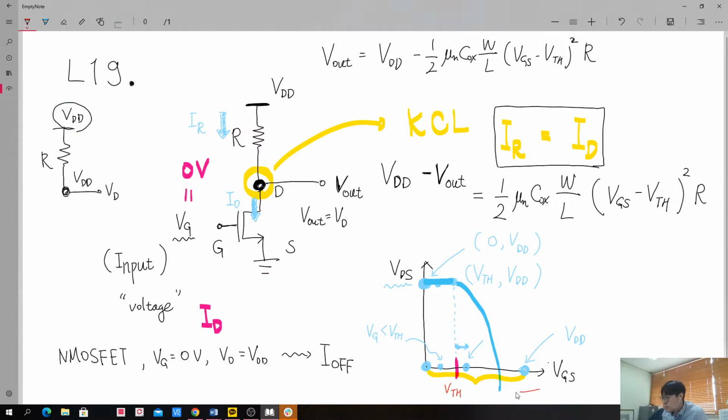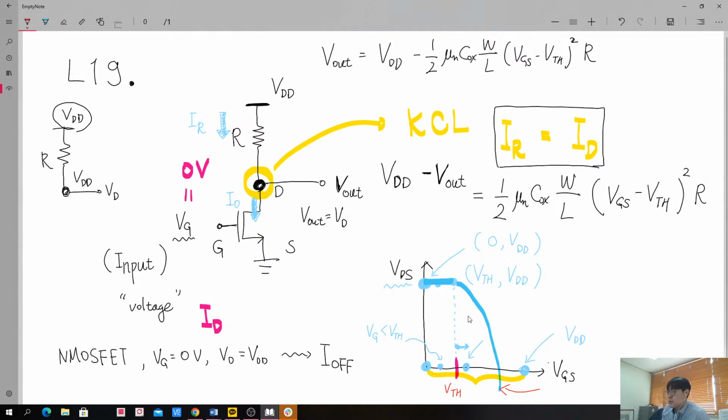Of course, you know that, for example, negative VDS never appears. So why do we have such a thing? This will be violating our assumption, so we will consider it later. But for example, if we assume the gate bias voltage, the input voltage, is larger than the threshold voltage, and by assuming saturation mode operation, then we will have this behavior. Okay. So why do we have this strange behavior?